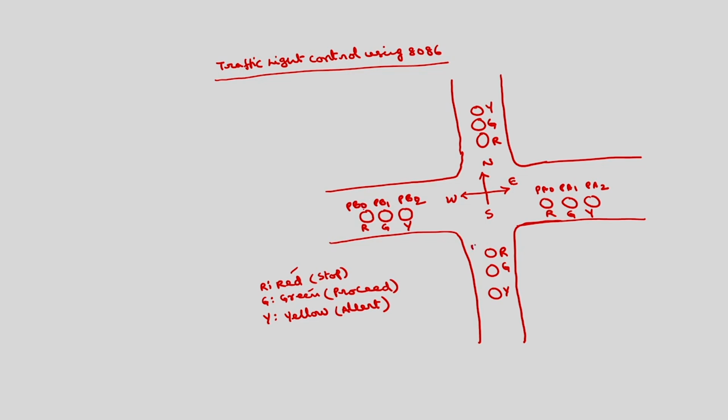If you want to connect this to PC0, PC1, PC2, then you can use the higher order ports also. I can use here PC7, PC6, PC5. Okay. So, now what will be the procedure here is,